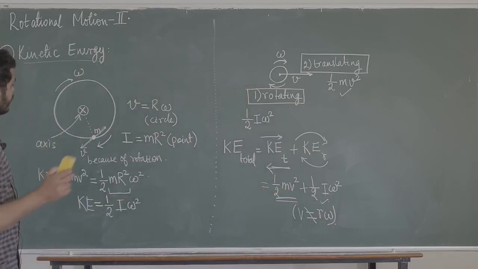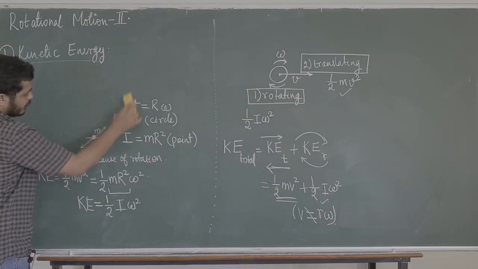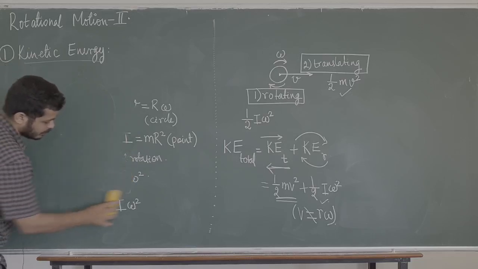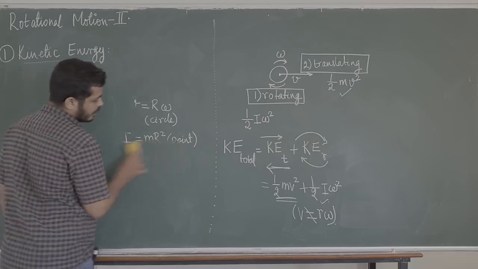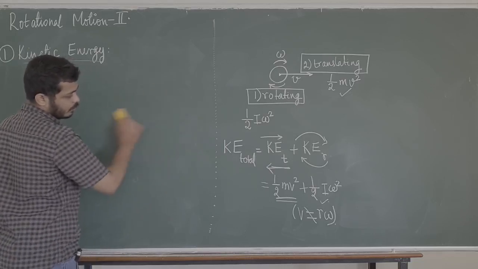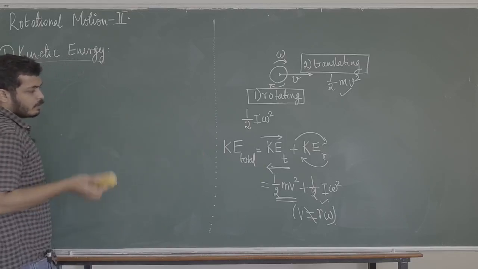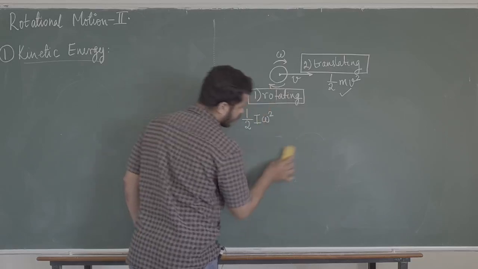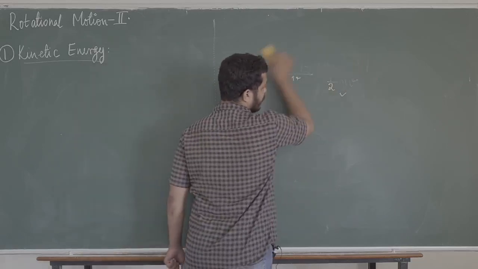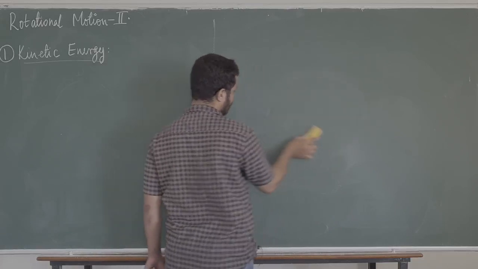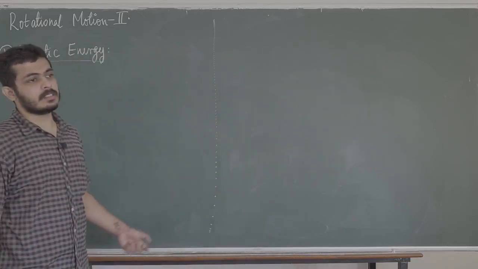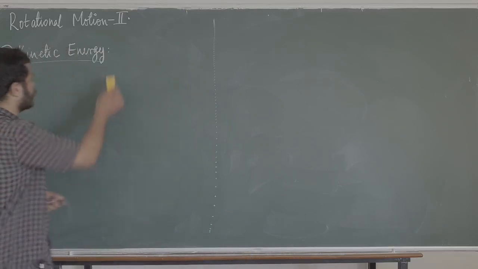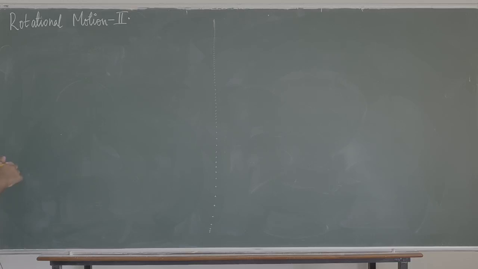Okay, let's go to the next topic. All of this comes under rotational motion 2. Rotational motion 2 is basically a bunch of topics based on the application of what we studied in rotational motion 1. In a book, normally you won't have rotational motion 2 and rotational motion 1. That is how I am teaching it. Basically, we divide the chapter into two parts. First part: moment of inertia, acceleration, rolling motion. Second part will deal with kinetic energy and angular momentum. The next topic we are going to talk about right now is angular momentum, and we will learn how to solve problems based on these topics.